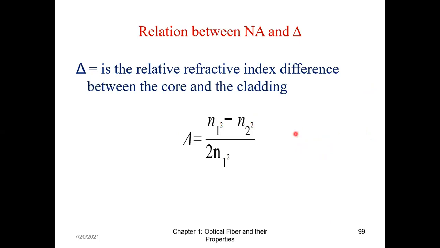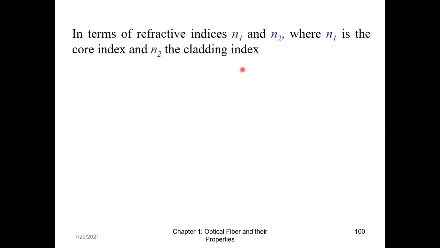If this comes, find out the relation, then it will definitely be a 10 marks question. So please draw the diagrams and write an opening sentence, saying that it is for a step index fiber, considering a meridional ray, light rays entering from air to the fiber core. Usually students consider triangle ABC and start the derivation directly. No, you should not do it that way. Now, finding the relation between NA and delta, in terms of refractive indices N1 and N2, where N1 is the refractive index of the core and N2 is the refractive index of the cladding.